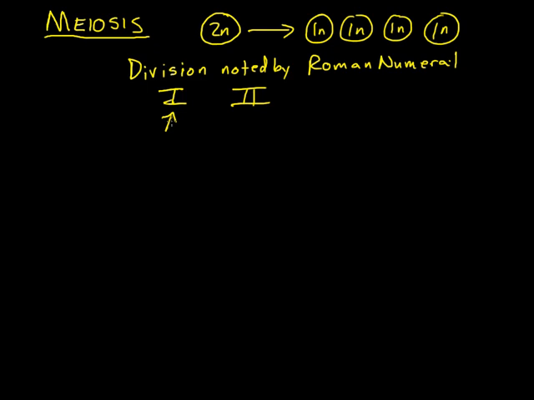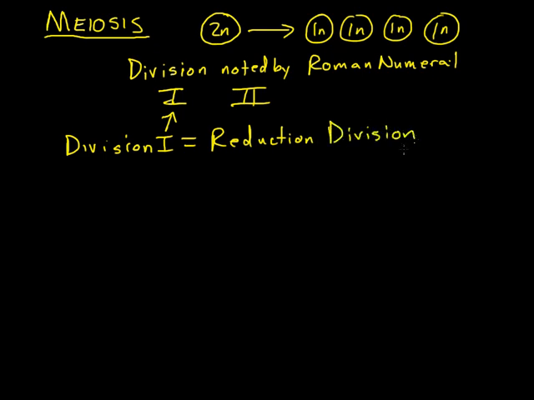The first division of meiosis, division 1, is referred to as reduction division, because this is the division where we go from 2n down to 1n, and so that's where the term reduction comes from. So let's look at all these phases, and keep in mind that immediately preceding meiosis we have interphase,